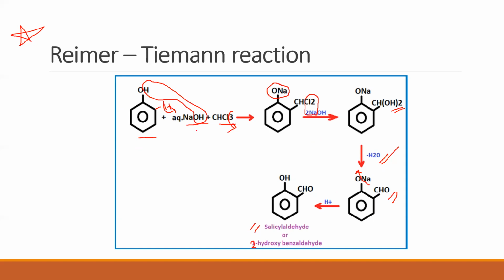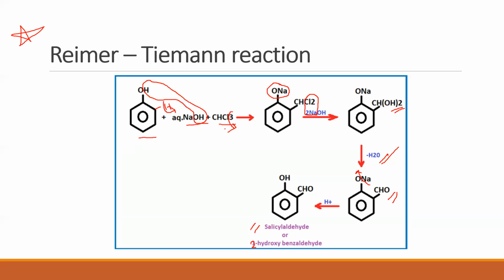Phenol is made to react with NaOH. Now what happens when it reacts with NaOH? The H plus takes away OH minus to go out as water, and Na gets substituted. This is nothing but an acid-base reaction. So OH gets converted to ONa.